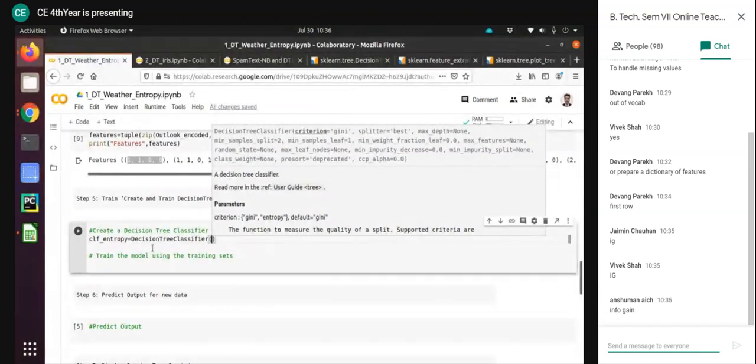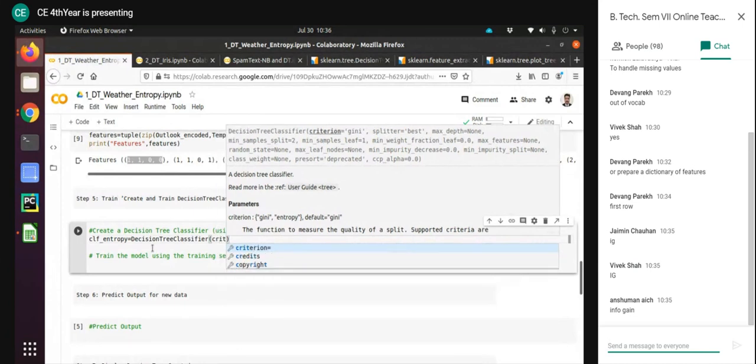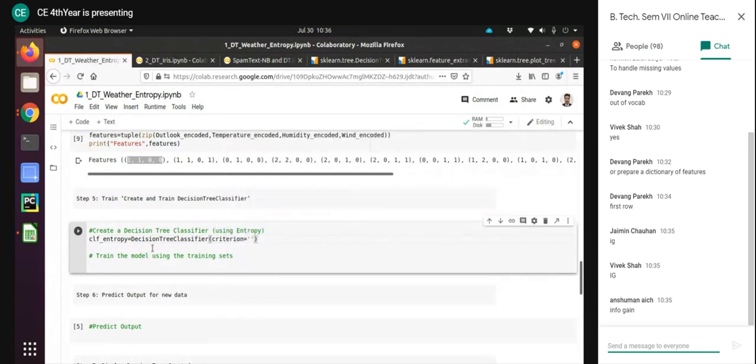So now over here we'll try the, let's say, Gini index is by default. So let's try the entropy. You can also try the Gini index in your machine. So we have just initialized the model,